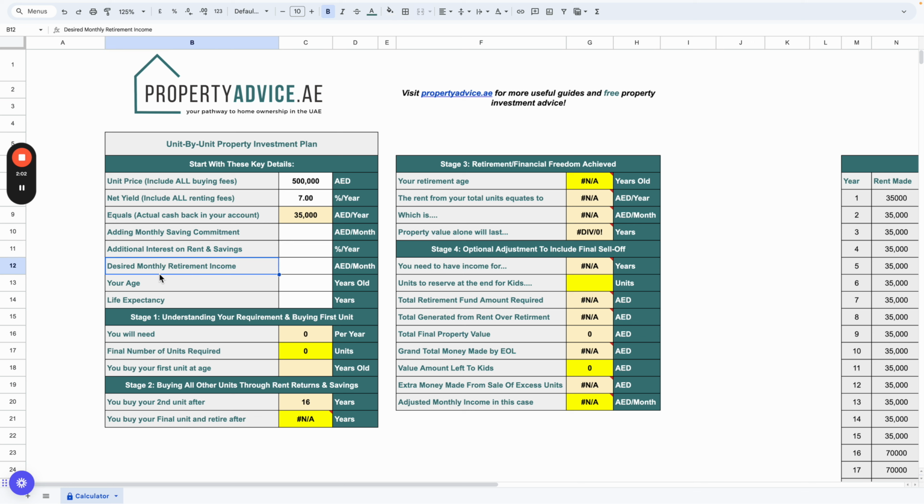That is your desired monthly retirement income. So how much money do you feel in today's money that you would want for your retirement? So basically, how much money do you want every month for the rest of your life when you retire? But you've got to think of it as today's money, not the inflated rates that you might actually find when you retire. So let's say I'm going to use the example from my last video, which was 15,000,